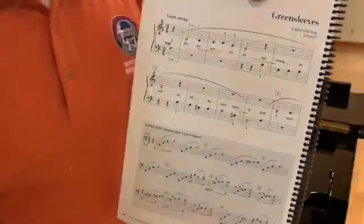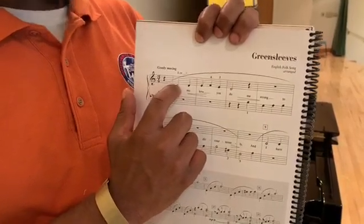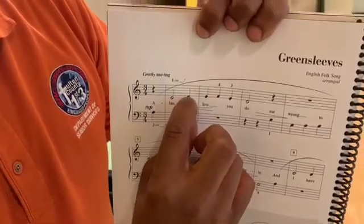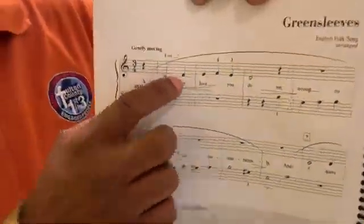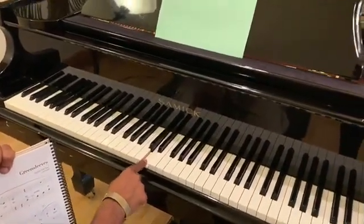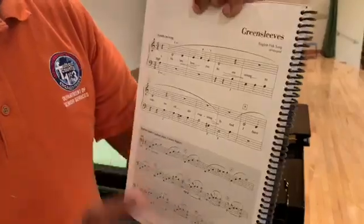So, you know where the C is, correct? It's the first note. Now, you know it's a C because of the line. Now, this note is not on a line or on a space. It's just below the first line. It's actually touching the first line. This is a D. The very next note up from middle C. Okay? Middle C, D. From middle C to D. Okay? Now,